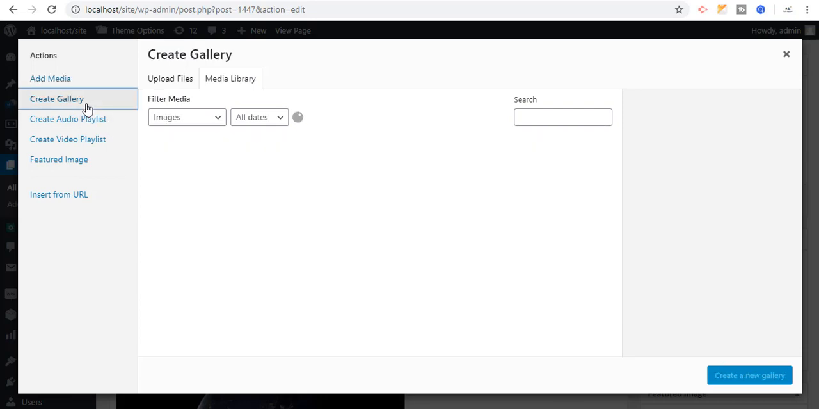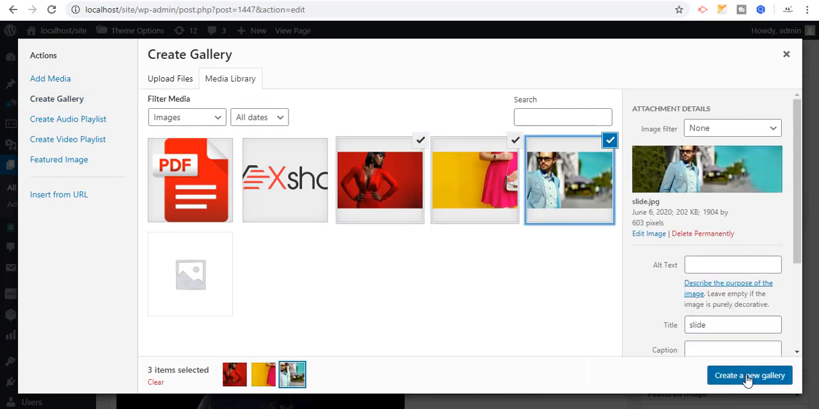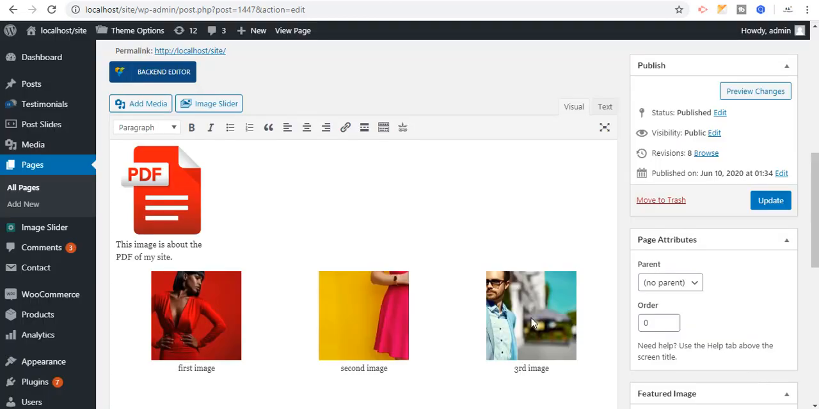Let me add the gallery first of all. Select these 3 images for the gallery and create new gallery. You can add a caption here. I'm going to add a caption for the first image, for the second image, and for the third image. You can set the size of the gallery images and insert gallery. You can see the gallery is inserted. Update the page